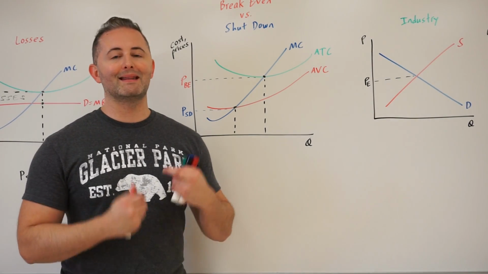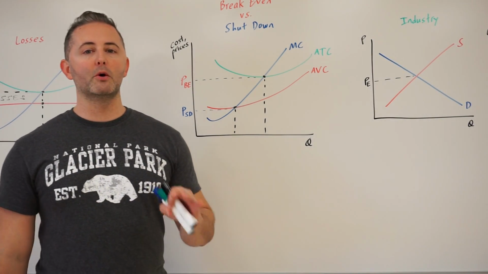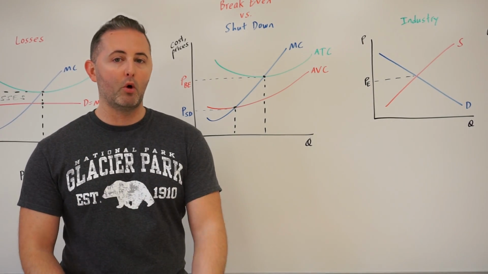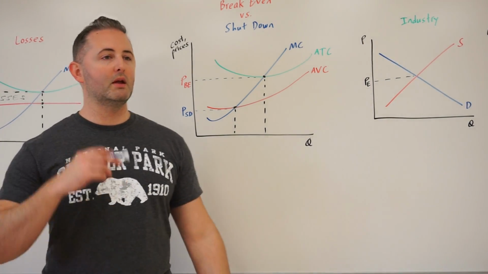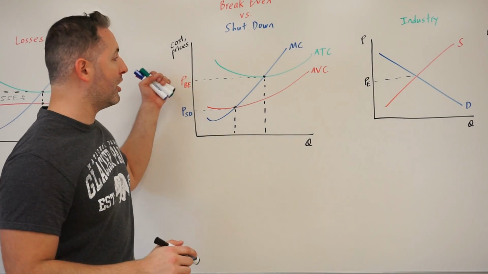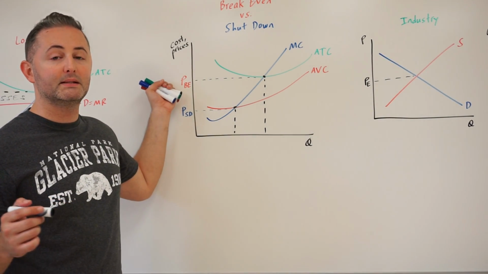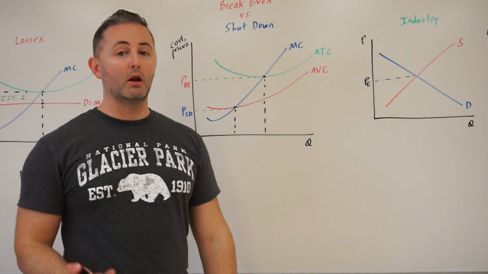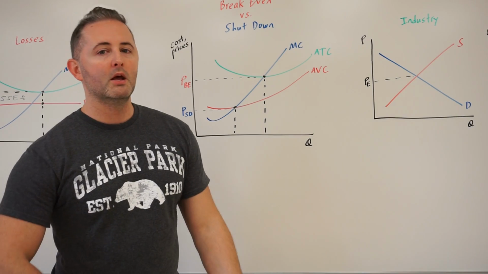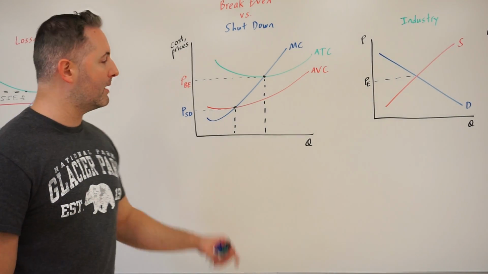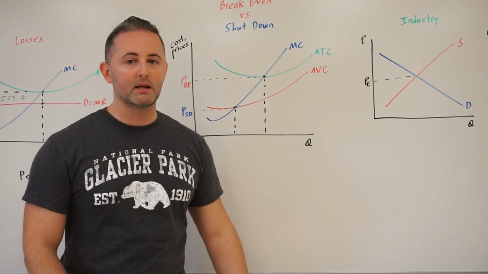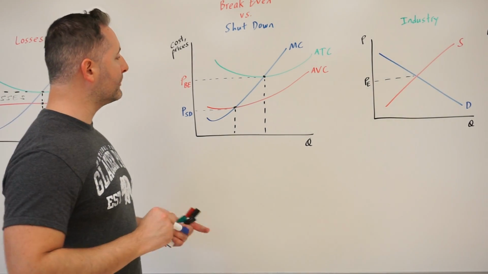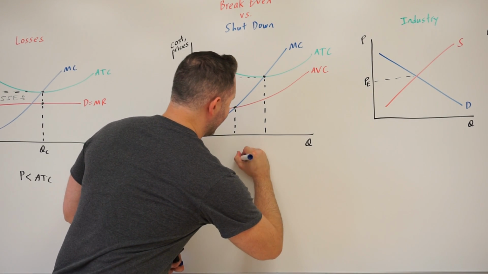The reason for that is that they are a sunk cost, meaning that those costs have been incurred already and we cannot get them back. They are non-recoverable regardless of what we do. So if our average total cost is not covered, price is less than ATC, we might still produce because we don't care about AFC in the short run, since there's nothing we can do about that. So our production decision is going to come down to our average variable cost. And the question is very, very simple. If the price is greater than AVC,